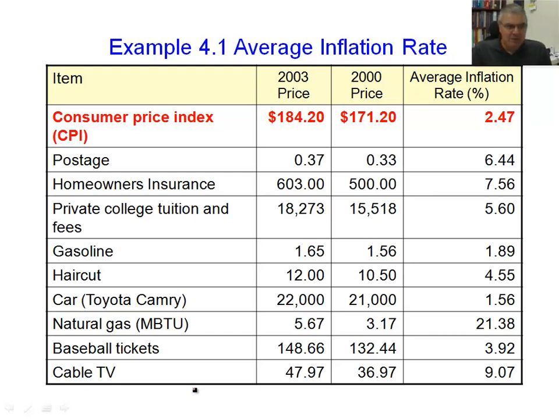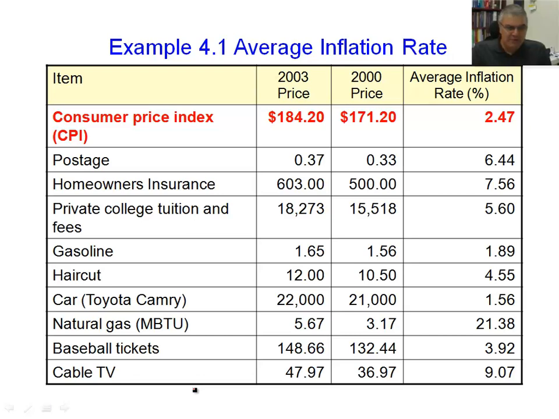And the average inflation rate is 2.47%. I'm sure you can guess by now how you can actually calculate that. Again, we just did similar calculations. The average inflation rate in percentage is 2.47% for the CPI